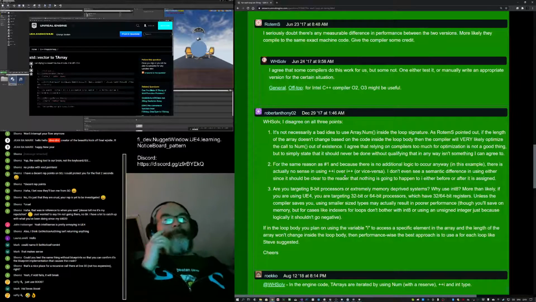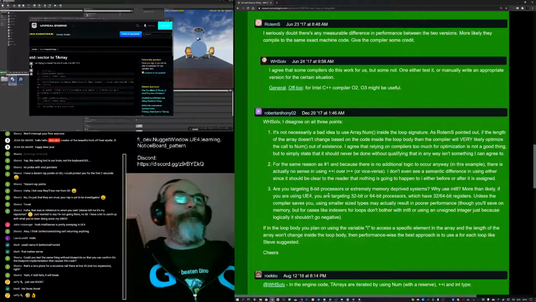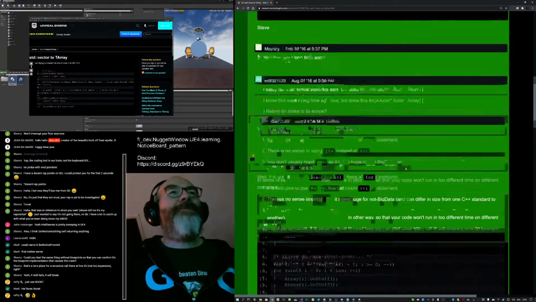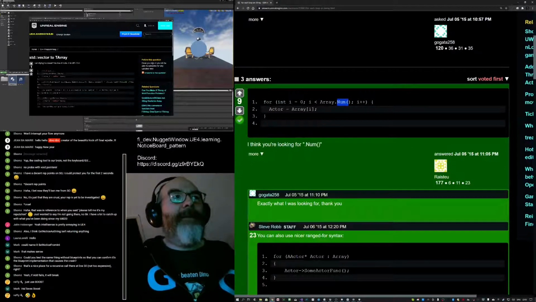No. Sorry. You're wrong. Because the problem is that this is a pattern that you want to be able to apply anywhere to anything. You shouldn't need to look at the code, and this could be called anything.